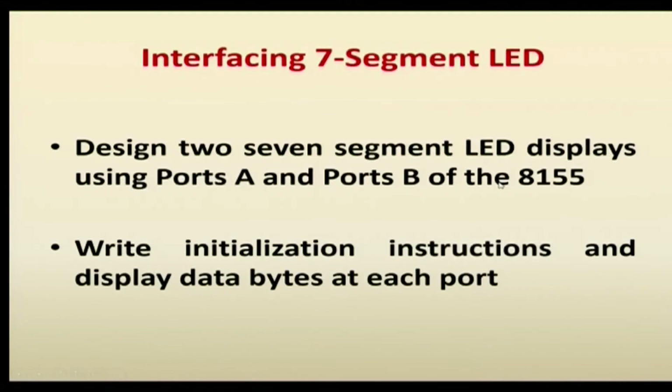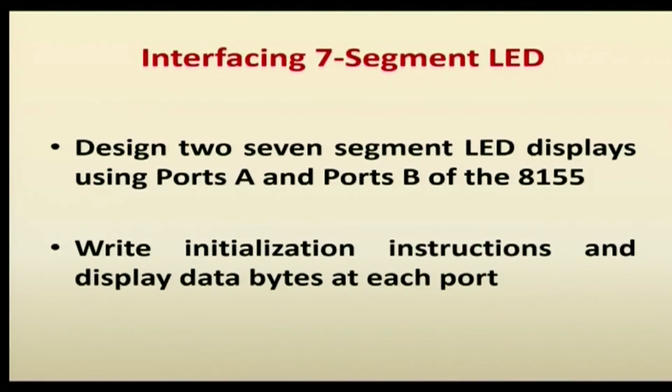So, how do we interface the 7 segment LED display device with the 8085? For the 8085 we are considering the processor, and the 7 segment display is a peripheral device, which is an output device. To interface the peripheral LED device with the processor, we connect the 8155, which is the supporting chip or interfacing IC. To interface the data, we select two ports, port A and port B, as output ports to display two digits in each port. For that we initialize the control word, then write the corresponding value at the corresponding port address. That is a very simple thing.